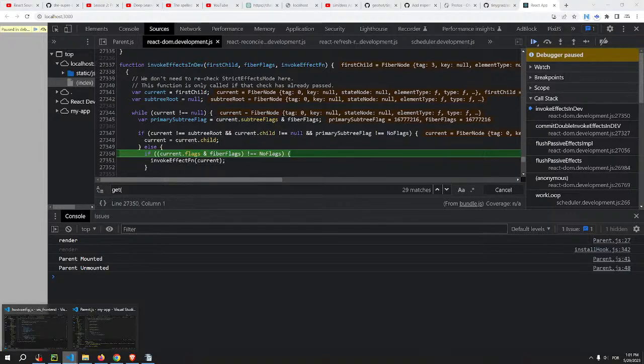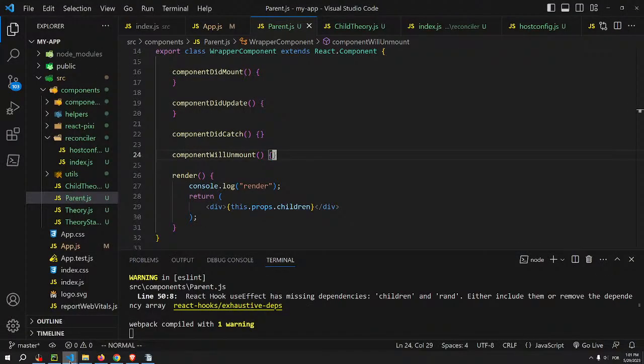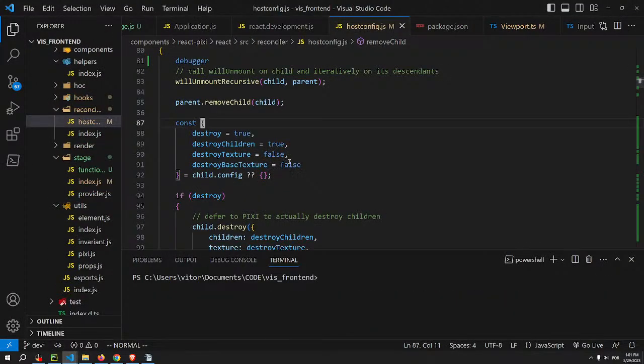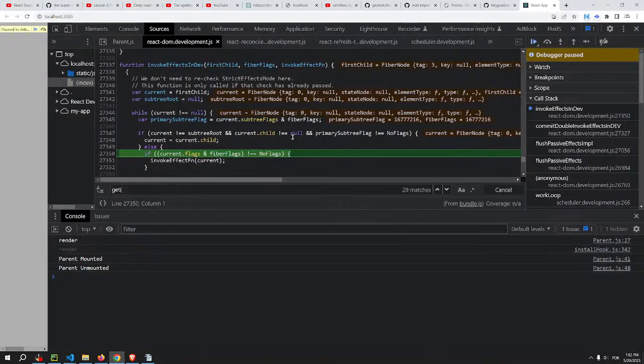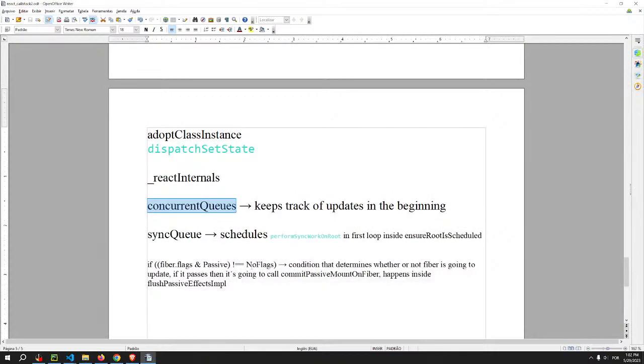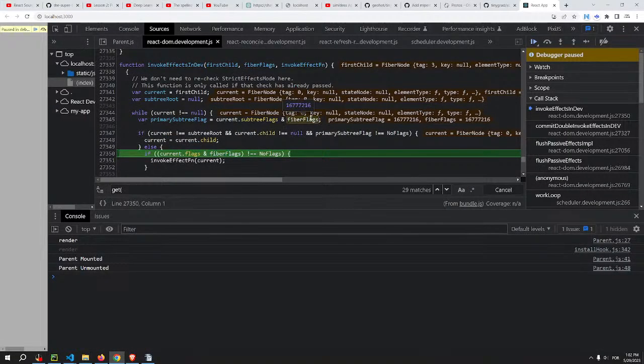It's much easier to think about now when I'm looking at these functions, because I have a decent idea of what's gonna happen during the whole process. So I think I just need to step through this a couple more times and continue to write down the stuff here until I understand at what points exactly it's gonna unmount and mount the components, and how